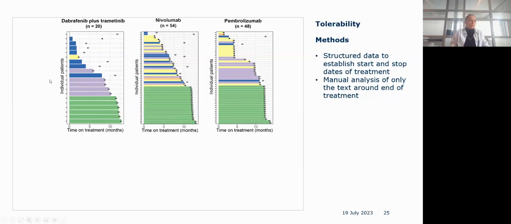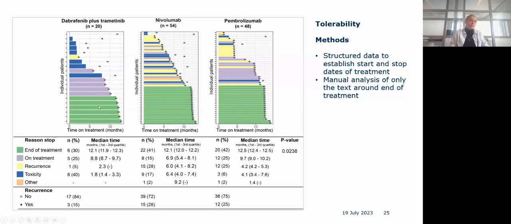And then you might ask, what are these questions or what are these colors? Green is patients who finished their treatment without any interruption or reason to stop. The light purple were still on treatment. The yellow patients had recurrence of their cancer, unfortunately, and the dark blue had to stop due to toxicity. And from this, we concluded, even though it's very small groups, as you can see, only 20 patients, and these are bigger,